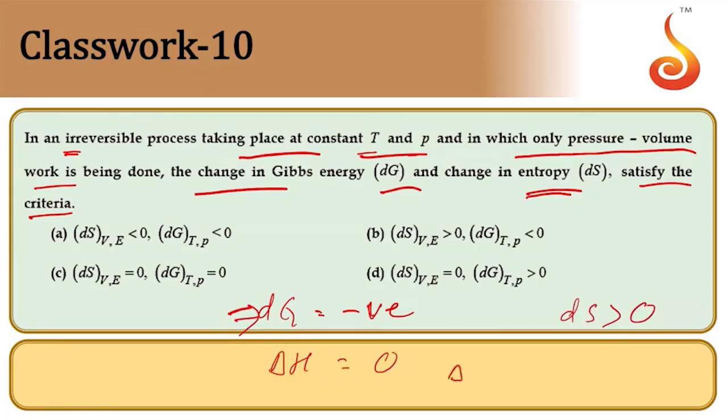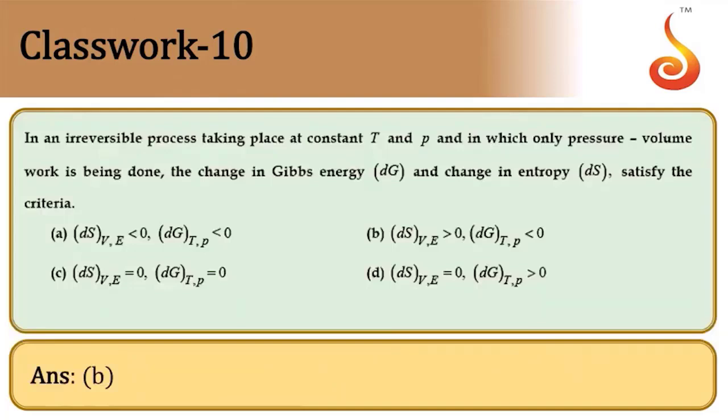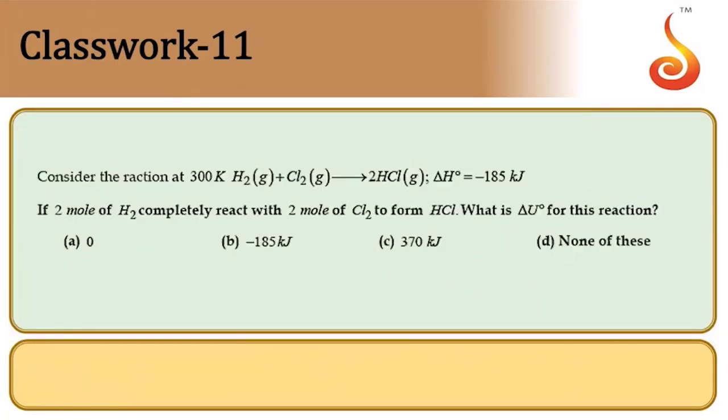This comes from delta G is equal to delta H minus, we can take it as T delta S. Differentiating, we are going to get the given expression there now. So because the process takes place, dG is negative, and because temperature is constant there, delta H is equal to 0, and therefore it follows that delta S must be always more than 0. So dS more than 0 we have, and delta G will be less than 0, negative value. So option is B.